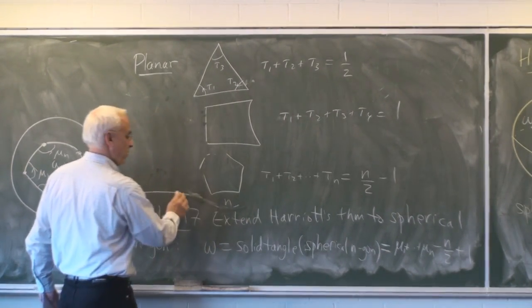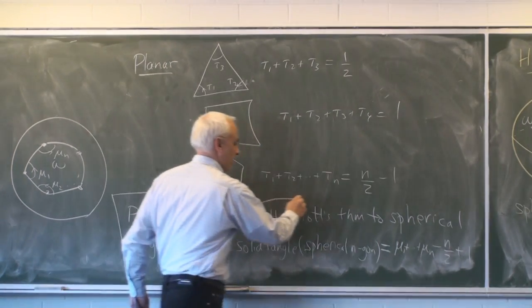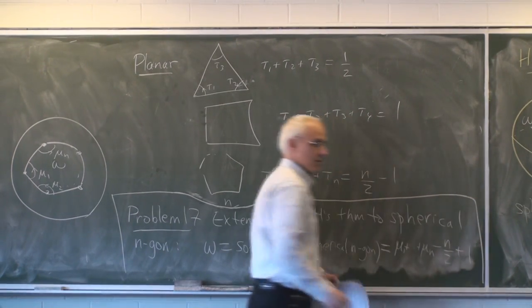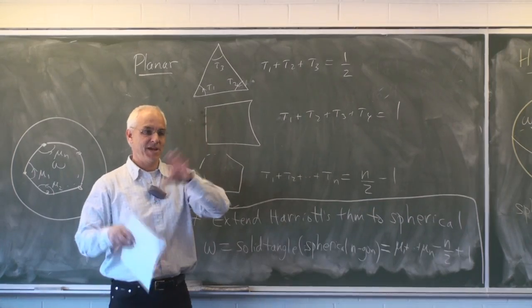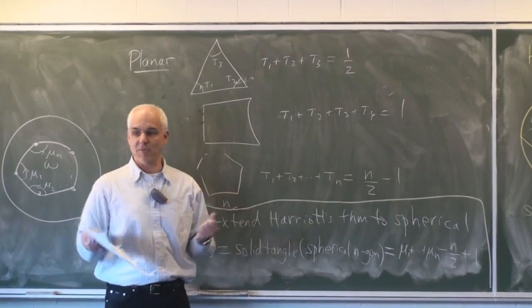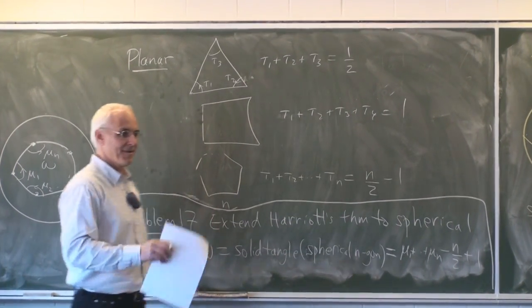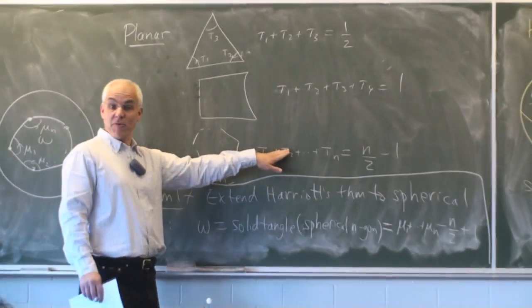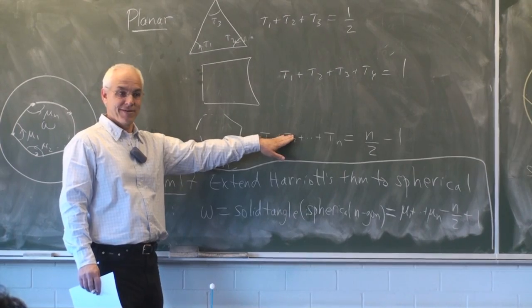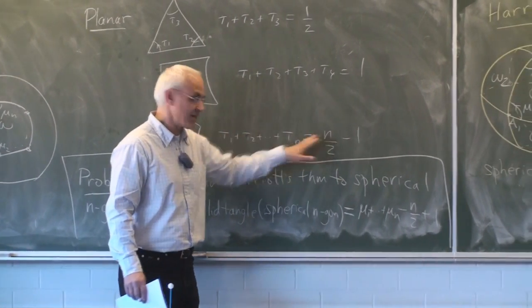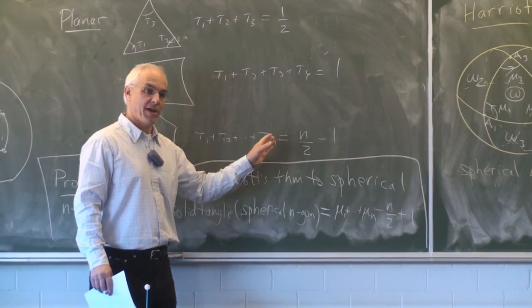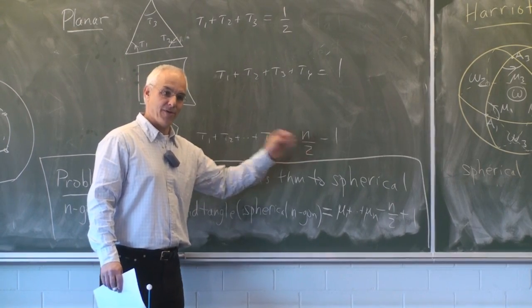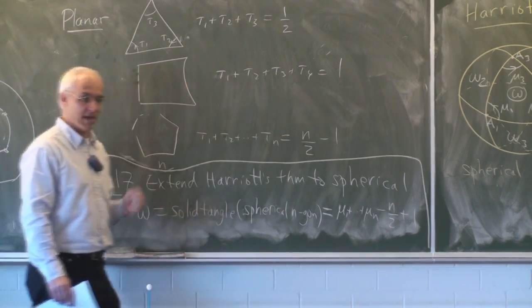No, that's different. So it's just a question of cutting the n-gon into triangles and adding things up. And if you can't remember that, well, then you can remember it from the planar situation. Because it's just the excess over the angle or turn angle sum for the planar situation.